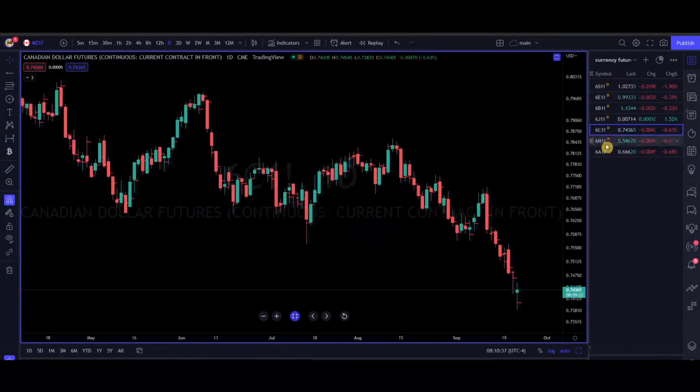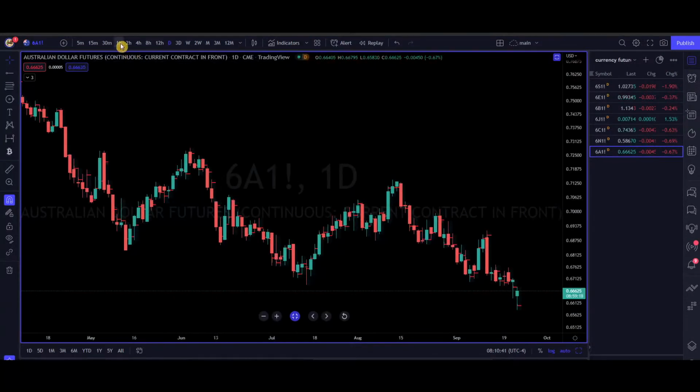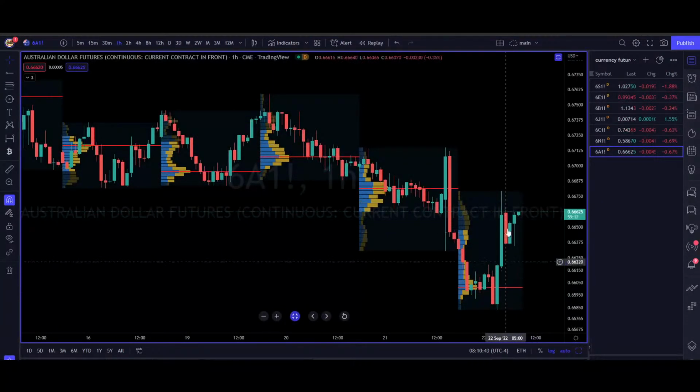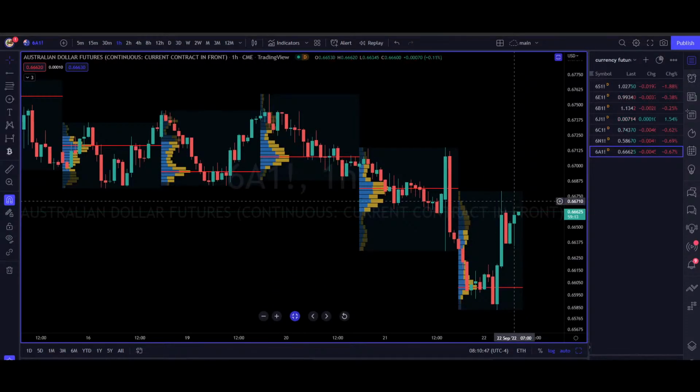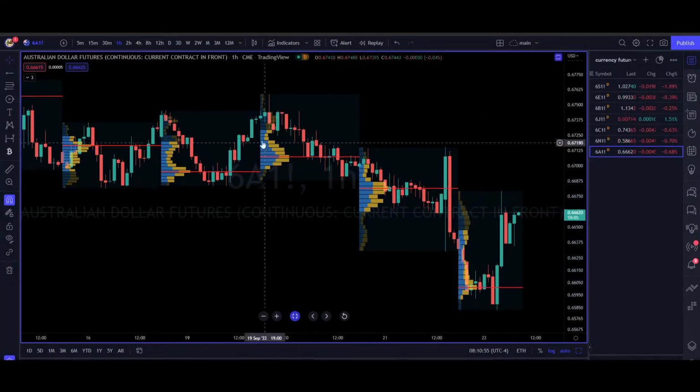There's Canadian dollar, and then New Zealand, and then here is Aussie. Aussie also getting a pretty decent move this morning intraday. I mean, you sold off yesterday, and you're trading right back up to roughly around the 618 retracement. If you test yesterday and today, you're into that zone. But that's typically not the way I like to do it.